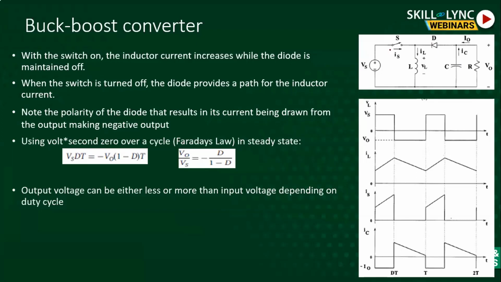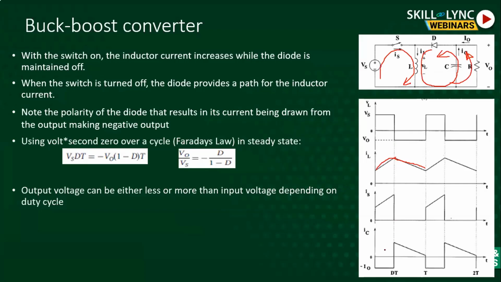Basically, the current flows when the switch is on, and the current is rising like this. When the switch is off, the inductor current will try to continue in this direction. So the capacitor is forced to see a negative voltage, and the output also. The inductor is driving this whole topology. The inductor current wants to continue in the same direction, so it will be decaying, and at the same time it is pumping power to the load as well as to the capacitor.